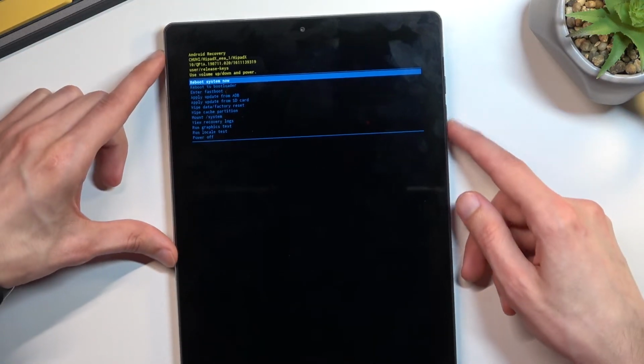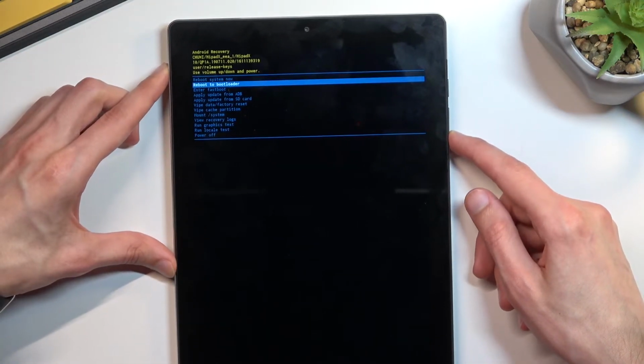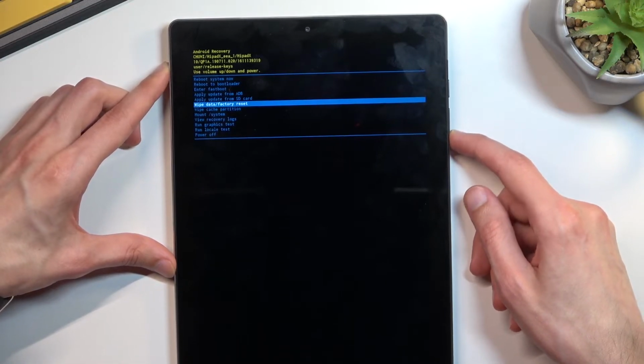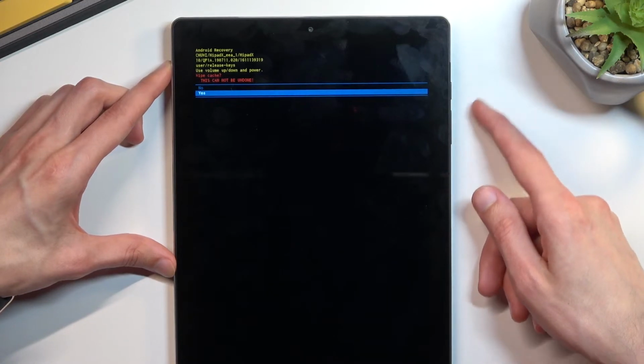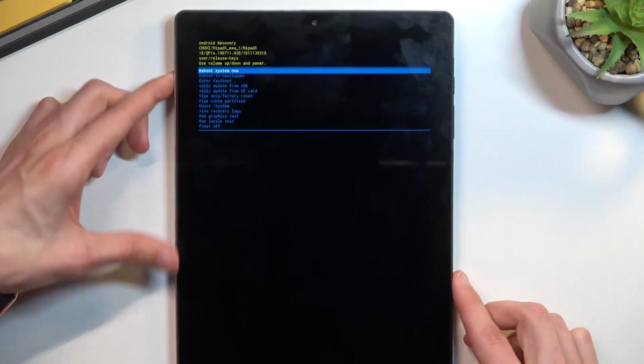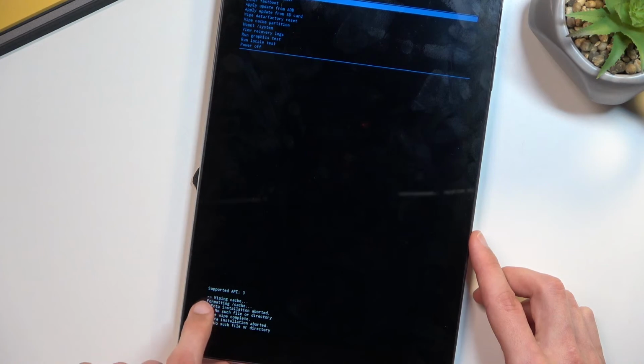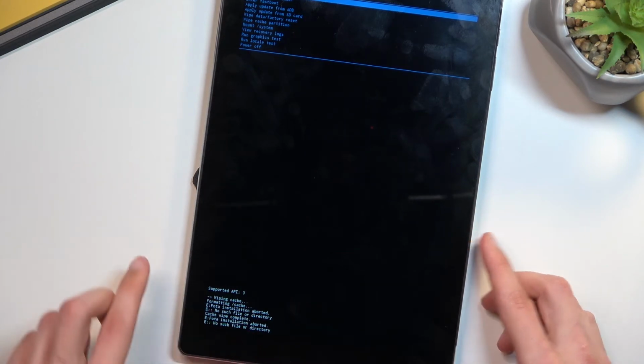Now in here, using both volume keys to navigate, you'll want to scroll down and select wipe cache partition, confirm it with power key, select yes, and at the bottom you will have a quick dialog, so wiping cache and then cache wipe complete,